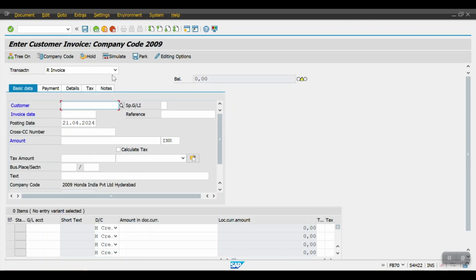Let me go back. In the same screen, we can just click on Transaction here. Drop down and select the credit memo, or you can enter the transaction code AB75 to post the credit memo. So here we can see Customer Credit Memo. Select the customer, select the date, and for invoice reference, I'm selecting the same invoice, and here I'm entering 5,000,